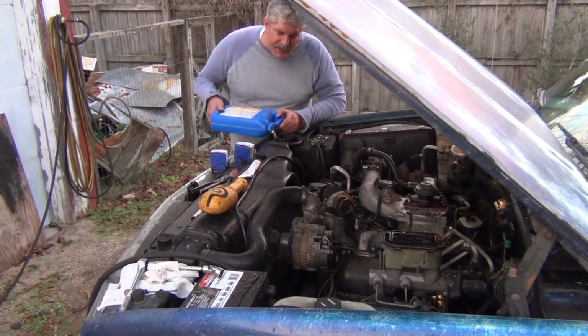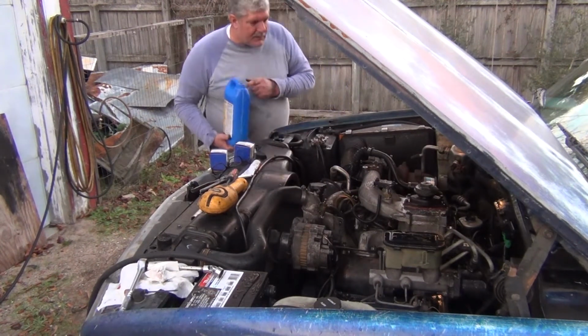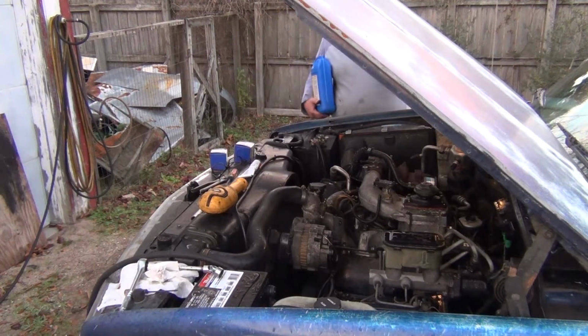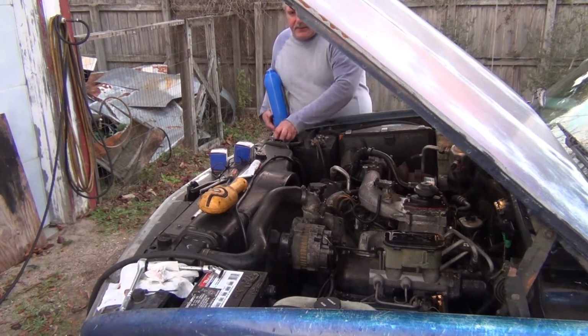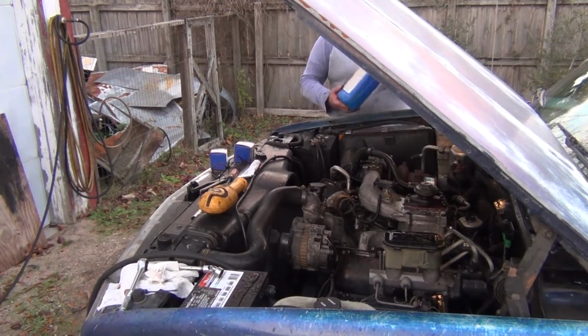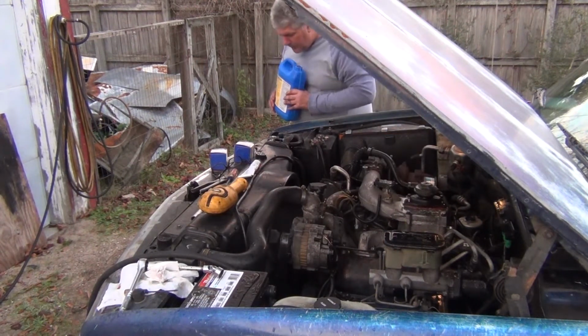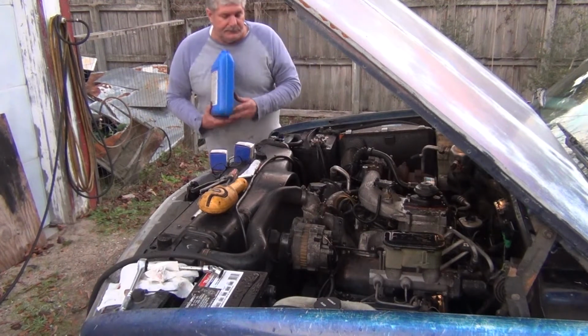Oh, she's coming to the top. I want to make sure that I got some antifreeze in here, because you just don't want pure water around in the winter. Anyway,